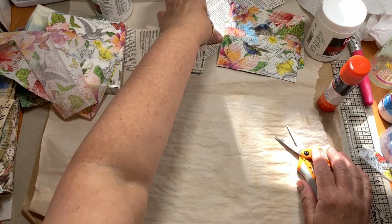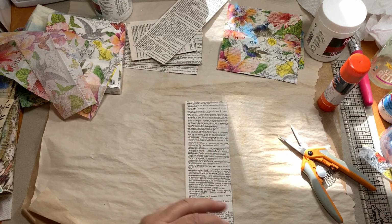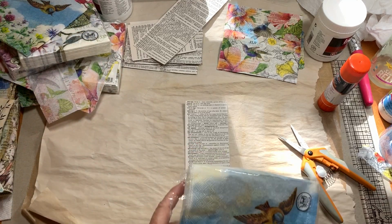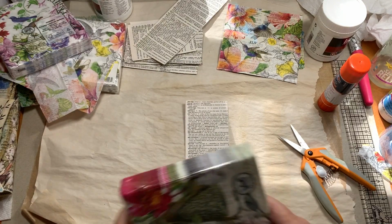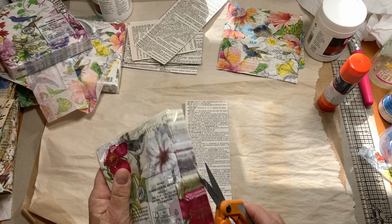Okay, there's 3. Let's see what else we can do. Let's see. I don't know if the... No, that still isn't tall enough. What did I lose? I lost a piece of cellophane. All right. Let's see. I want to try this one. I haven't opened these yet, so...